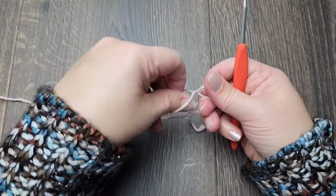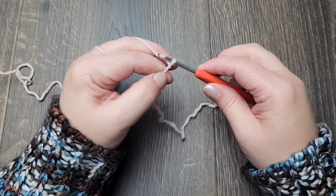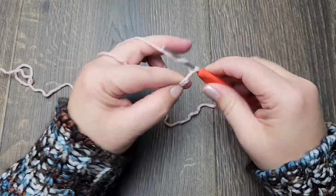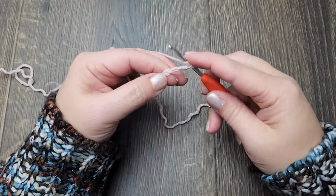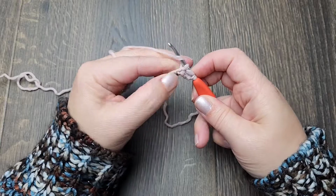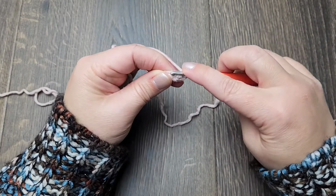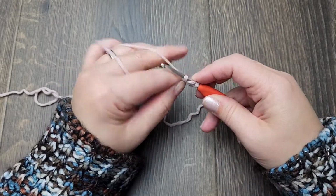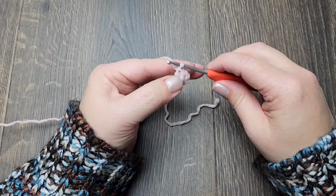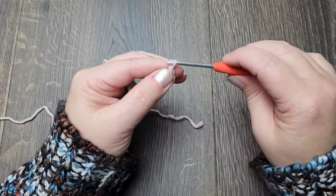To begin, create a slip knot, chain 4, work 2 double crochets in the 4th chain from the hook, now we're going to create the arm, chain 4,